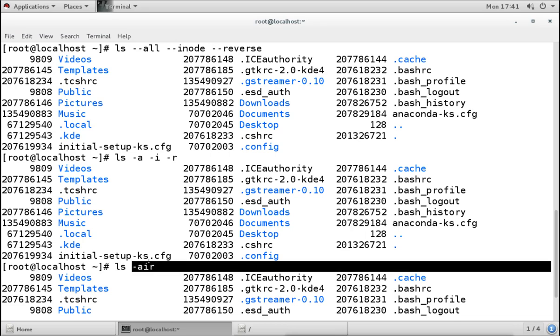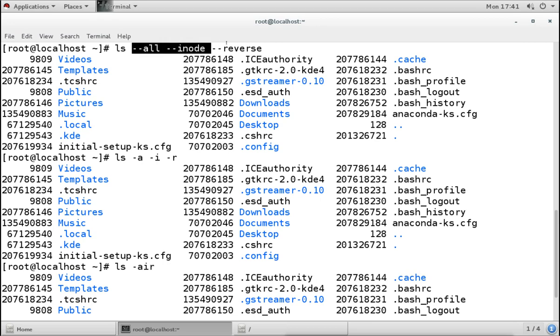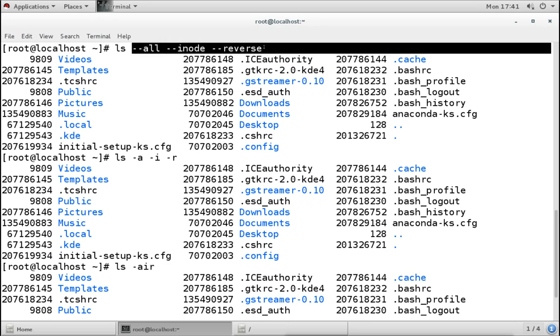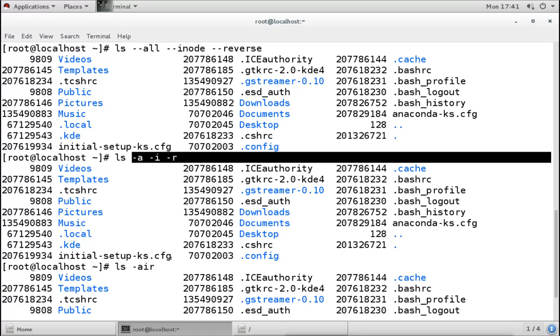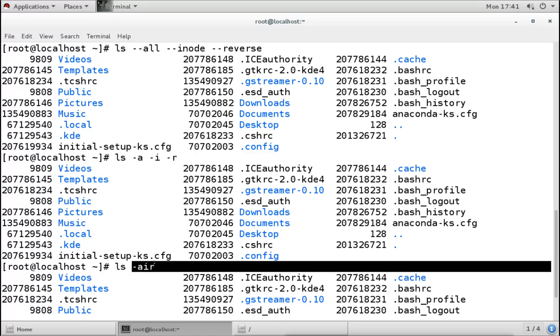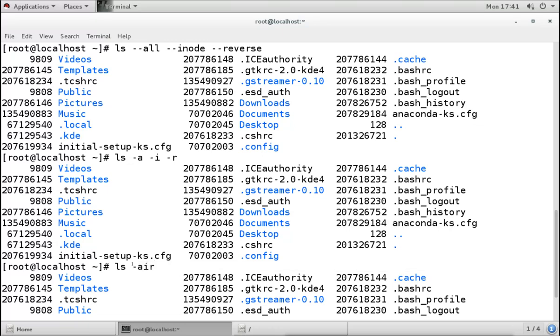Normally the shortcut one is easier, so mostly people don't use the full way of giving the options. Mostly people use the shortcut way to add some feature to the command, with only one hyphen.